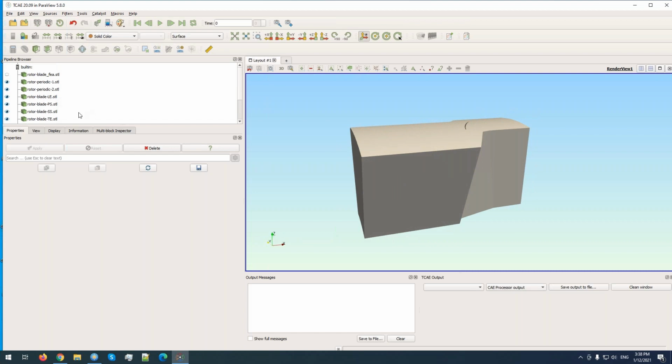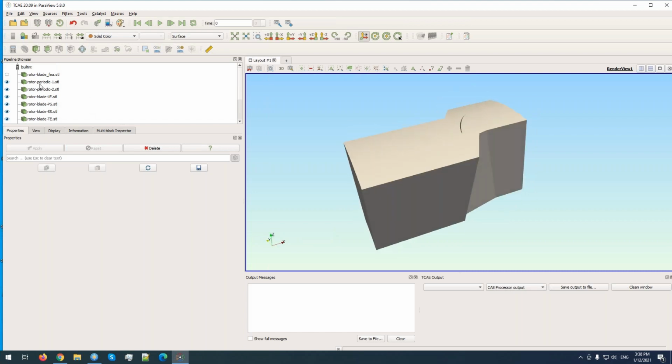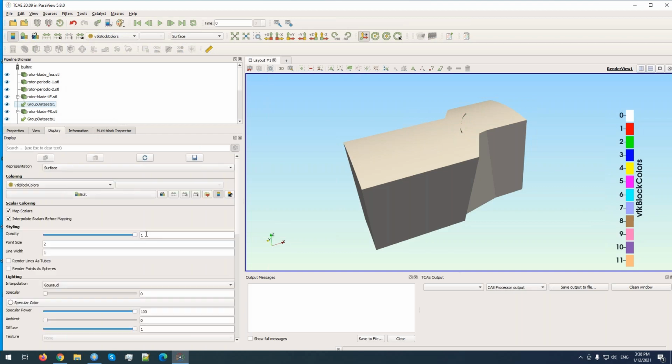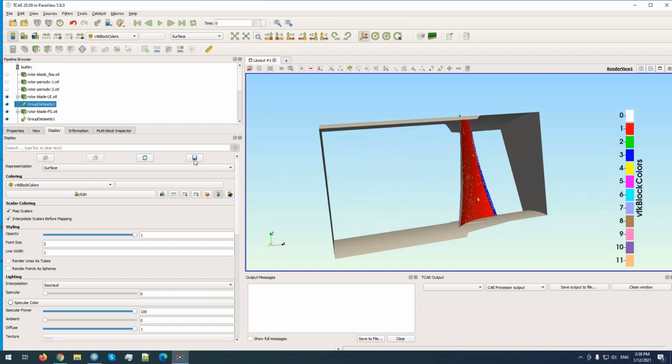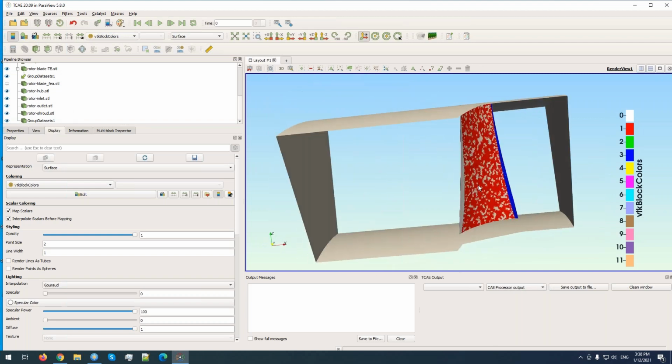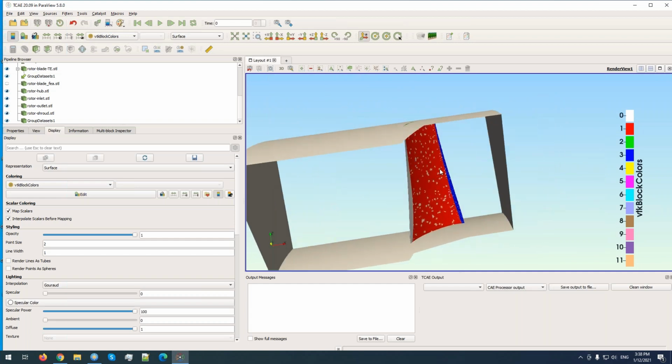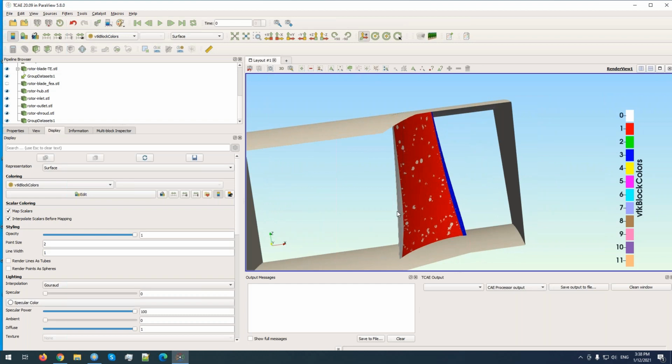So in here we have everything prepared. For example, the STLs of the blade are split into the 4 parts. I can show you. I can, for example, get rid of the rest. Here we see our splitting. So we have each STL for each part of the blade. So then we can play